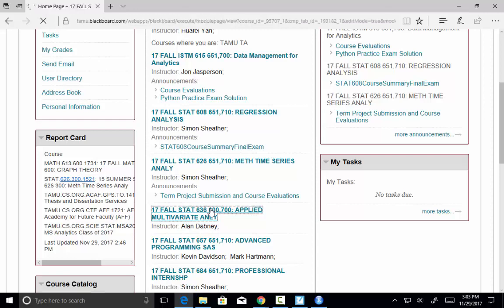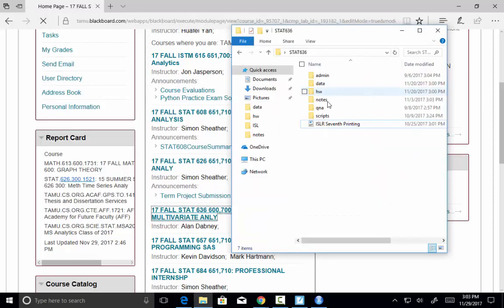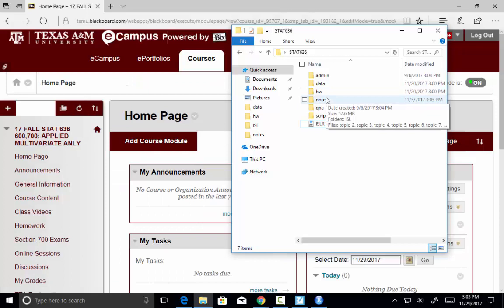Okay, let's see, what I wanted to do today was finish talking about the nonlinear modeling part of the book and give you an example of doing one of those types of models. So I'm going to show you an example of